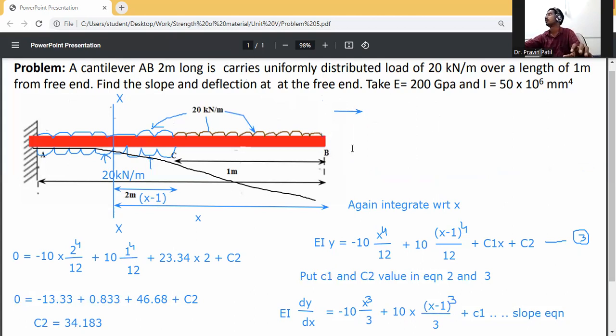So now EI into y is equal to minus 10 into x raised to 4 divided by 12, then plus 10 in bracket (x minus 1) raised to 4 divided by 12,